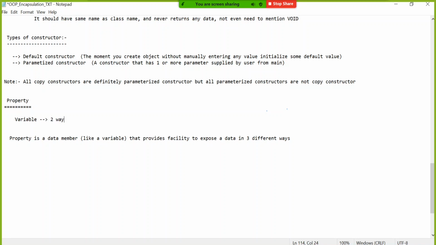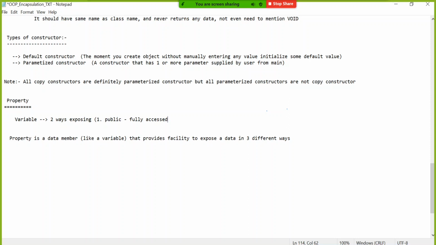Suppose there are 2 ways of exposing, can I say? One is public, which means fully accessed. Fully accessed means you can display it as well as modify it.